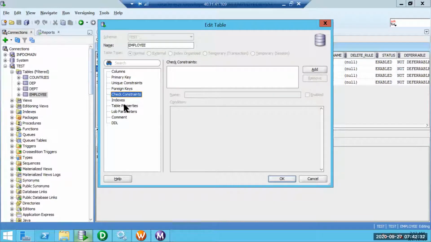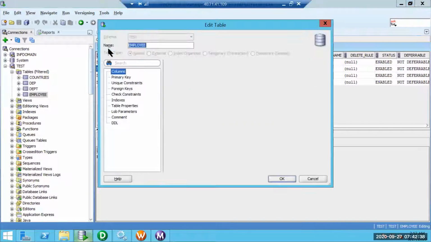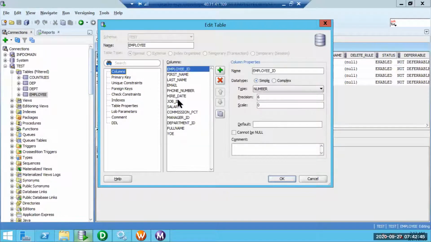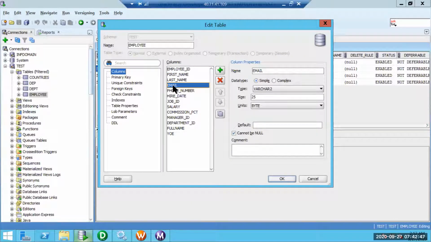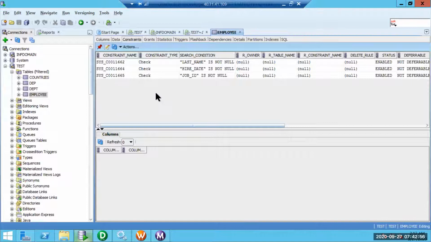This is my constraint. It is a check constraint actually: email cannot be null. Yeah, that constraint is dropped.